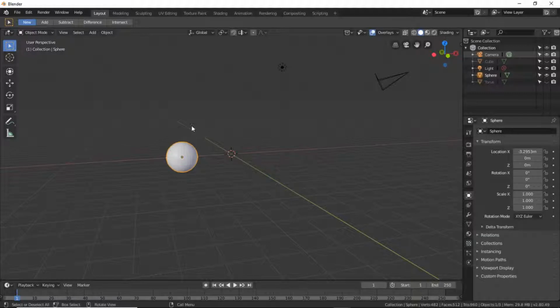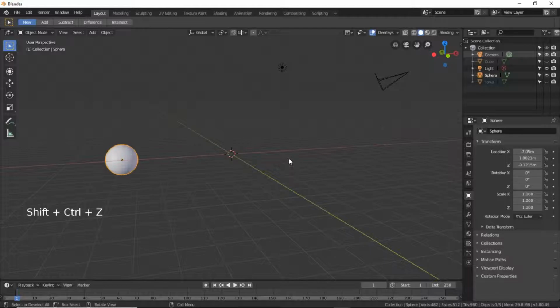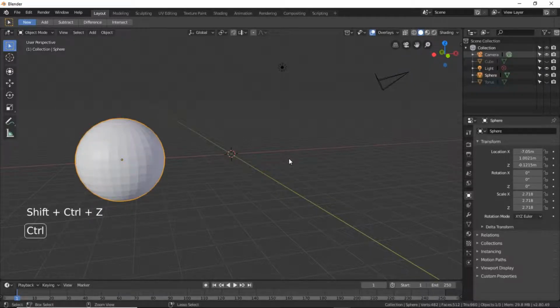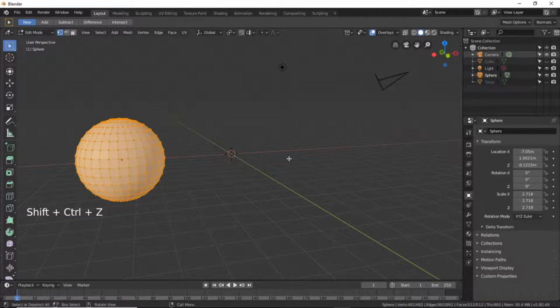Now there's a shortcut key in Blender to redo these steps. It is Ctrl, Shift and Z. Here I redo these steps holding Ctrl, Shift and Z. Ctrl, Shift and Z again. One more time. Notice that undo or redo is doing the mode change too. Now in edit mode from object mode,